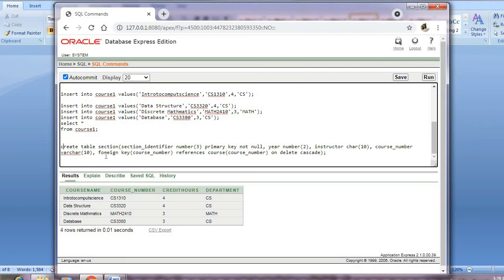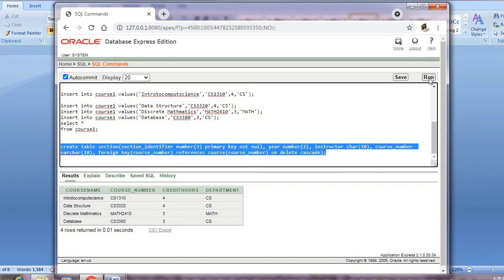And I have used one more thing, that is on delete cascade. I have told you about the integrity constraints. When there is a relationship between two tables, if you want to delete one record, it cannot be deleted. Why? Because both the tables are related to each other. You have to break the relationship, and then delete it in the first table, then come to the second table. That is why you have to specify on delete cascade. Now we'll run this